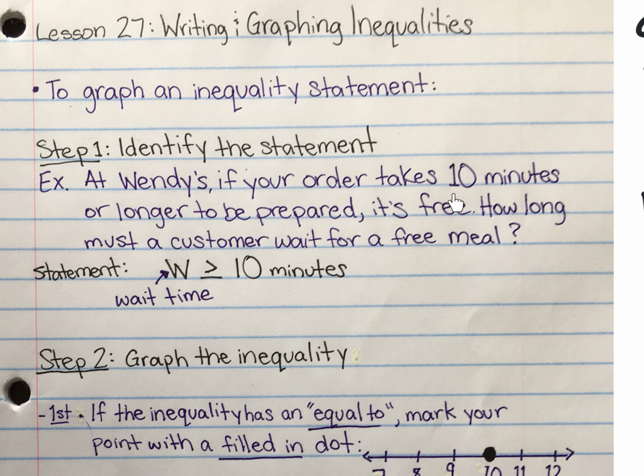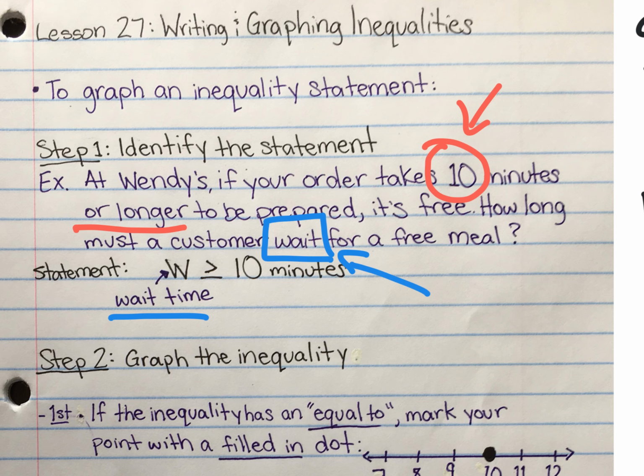Now I know that we don't want to wait 10 minutes for our food, we want it right away. However, it's not too bad to have a free meal. So what we're trying to figure out is how long will they have to wait for it to be free? We know right here that it says at 10 minutes or longer, it's for free. So we know that the part we're looking for is our wait time. How long do we have to wait? So if we're looking for the wait time, we know our inequality statement has to start with W. So W refers to our wait time, and our wait time has to either be this 10 minutes or longer